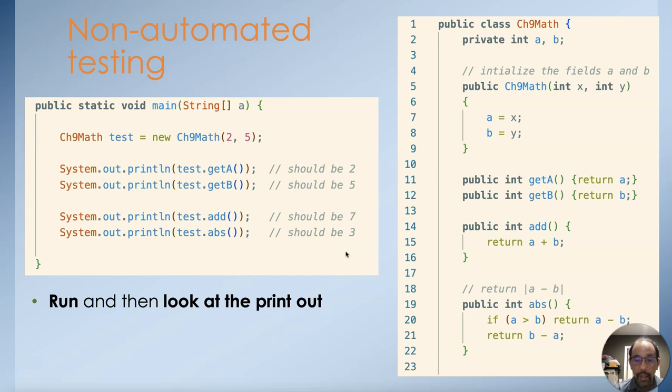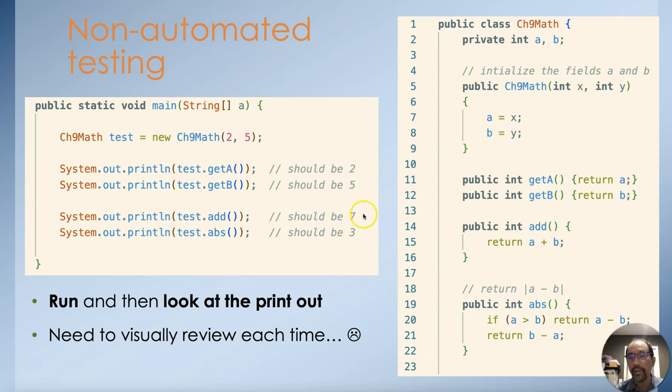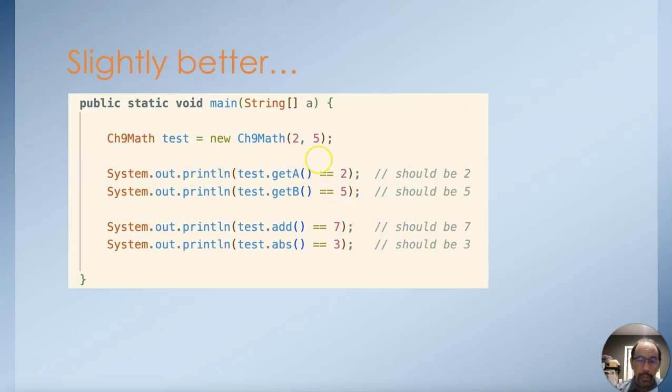Now, the issue with this methodology is that it's not automated, in the sense that when I press the run button, I have to manually look at the printout and say, oh, is it a 2? Is it a 5? Is it a 7? Is it a 3? Every single time I run the program, I need to make that consideration. So an improvement on it might be, instead of